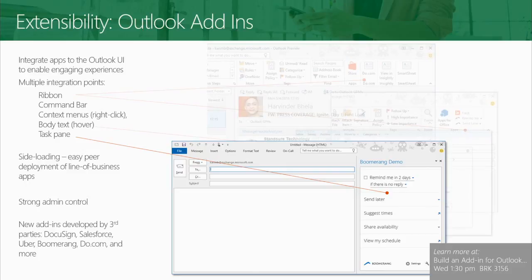Now, that doesn't mean that we've changed any of the admin controls. The admin controls, as before, allow you to install apps in the market